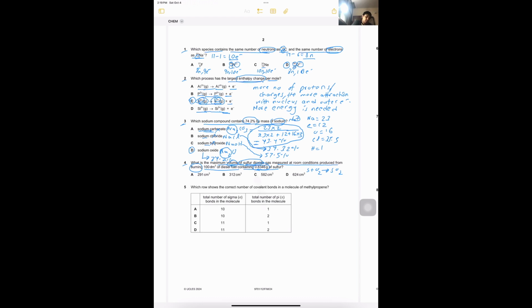So we will use this to get the moles of sulfur, which is the mass, 0.8346, divided by the Mr or Ar. For sulfur it is 32.1. Let's use the calculator. Divide by 32.1. This is 0.026 moles, and finally we'll just multiply this by